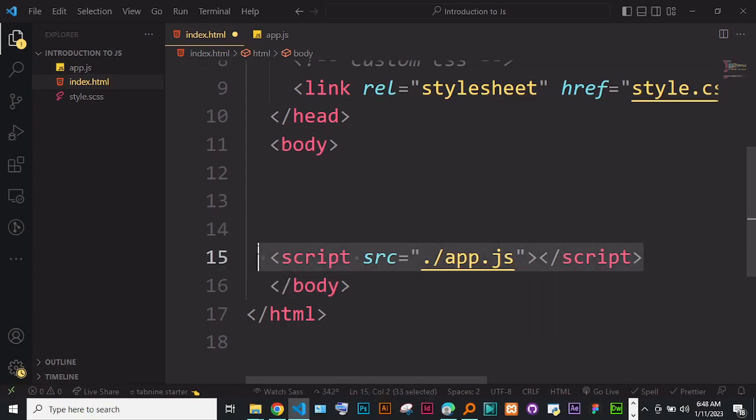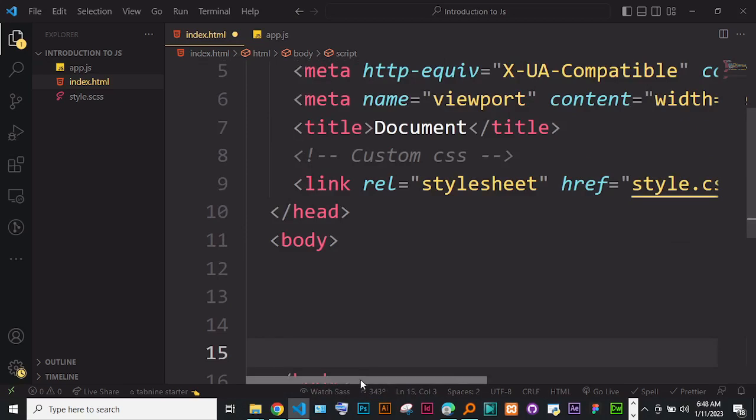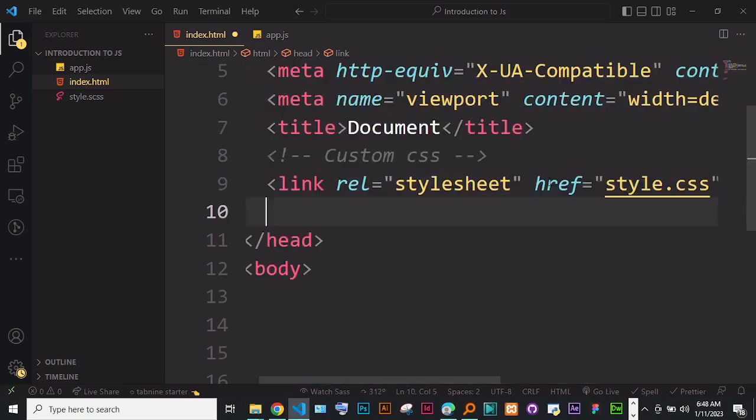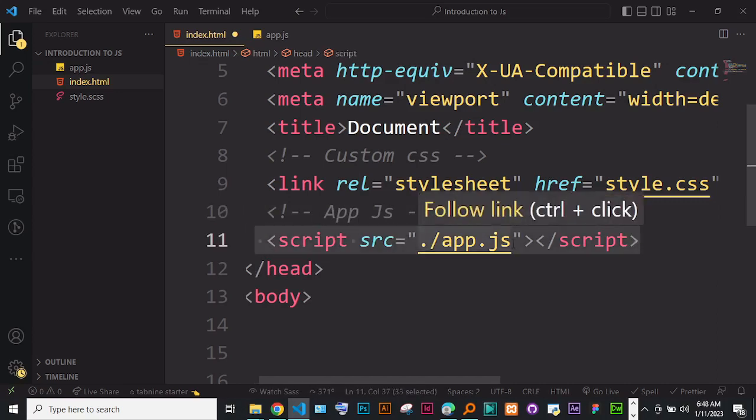last in the browser. But then, since we want to be organized, we can cut this and take it to the head. So we take it to the head, and I can just put here also main JS or app.js. So here we put our custom JS. Now, how do we emphasize that